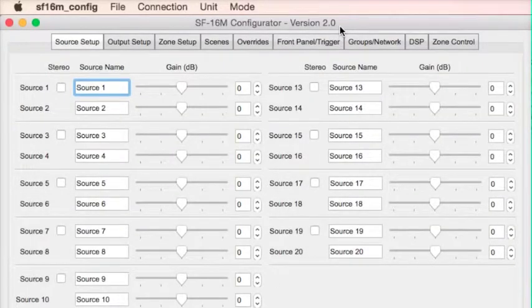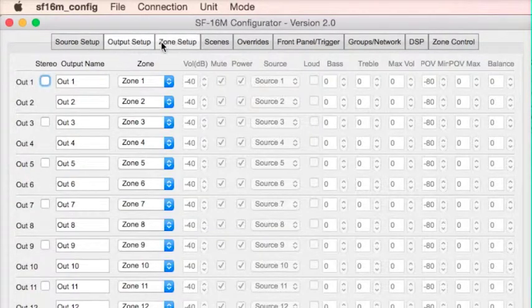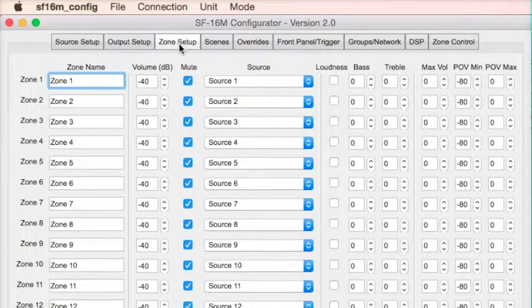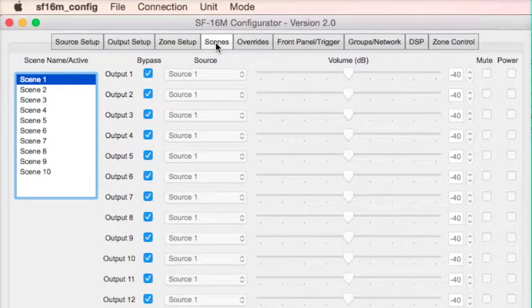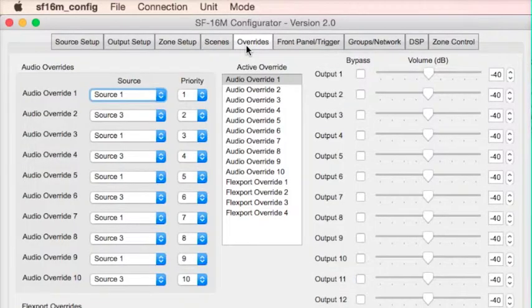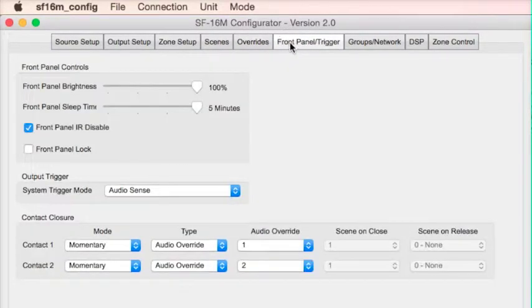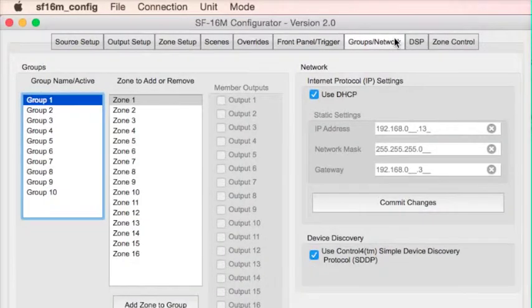Introducing the SonaFlex PC Setup Utility version 2.0. This is the new setup utility for SonaFlex. It's compatible with SF16M firmware version 1.5, and instead of going through every detail of this software in this video, I'm going to cover just the main differences in this version and highlight the new features of the SonaFlex version